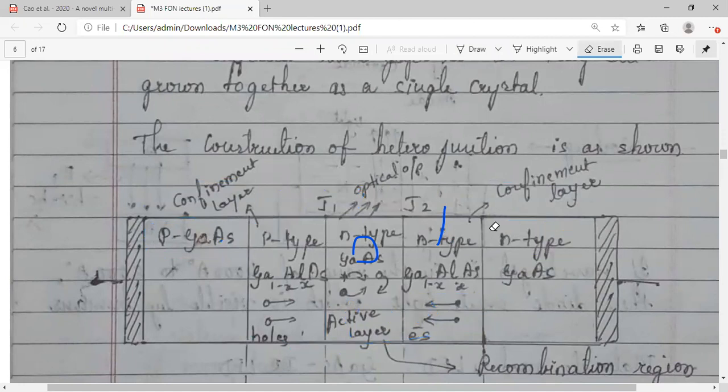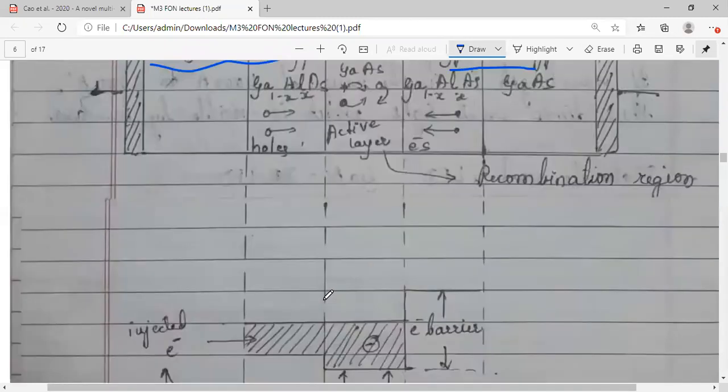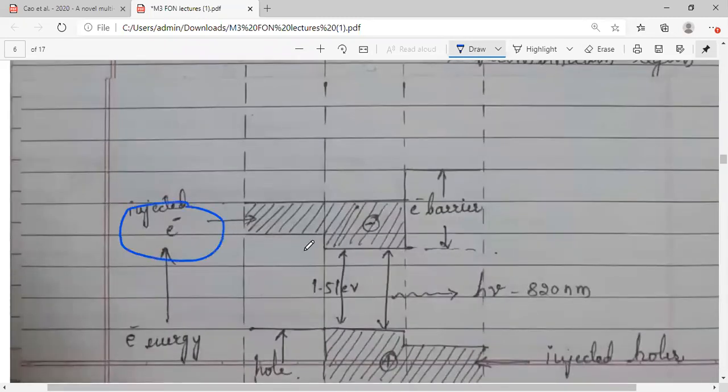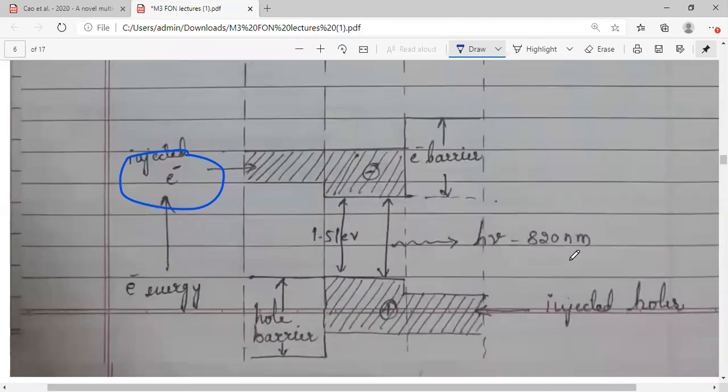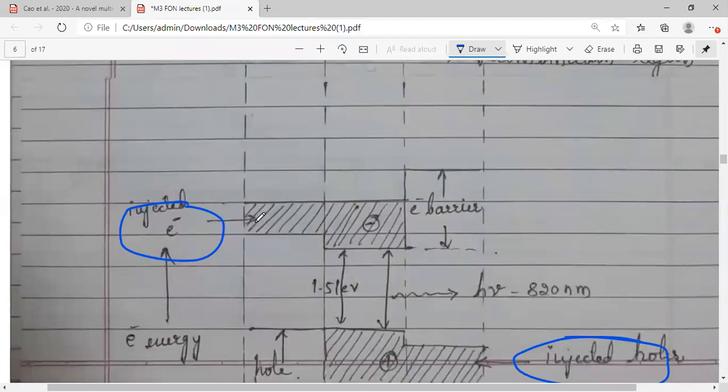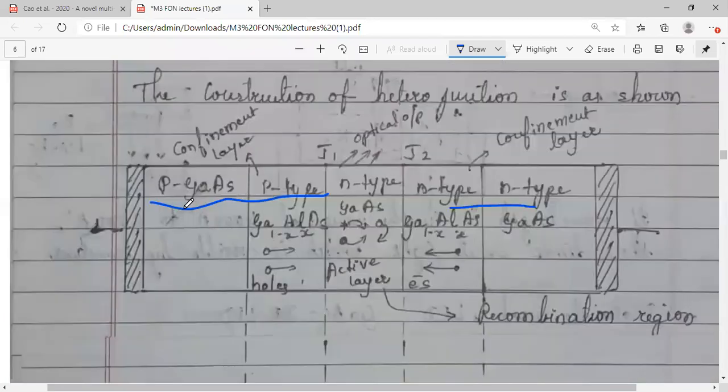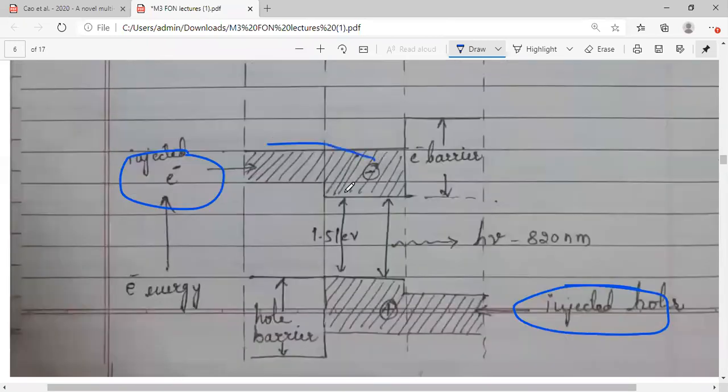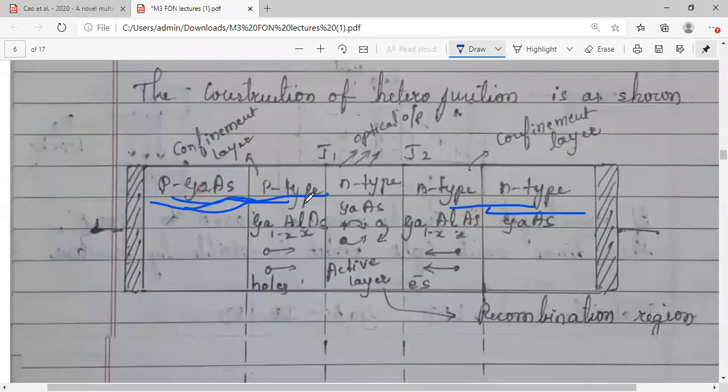Please rectify this, because 2 figures I have mixed up. Here I have taken the P type, here it is N type, but in the band diagram, here I have taken the electrons, and here it is holes. So either you reverse this band diagram, or better you can reverse the material types. That would be better, because again these diagrams have to be inverted. So rather than doing that, better you go for these changes.